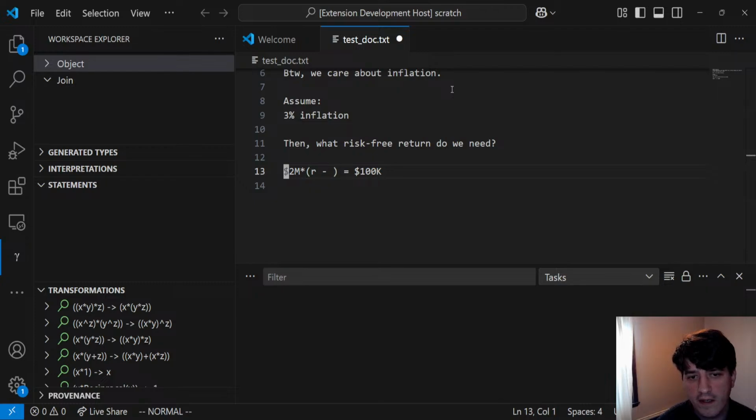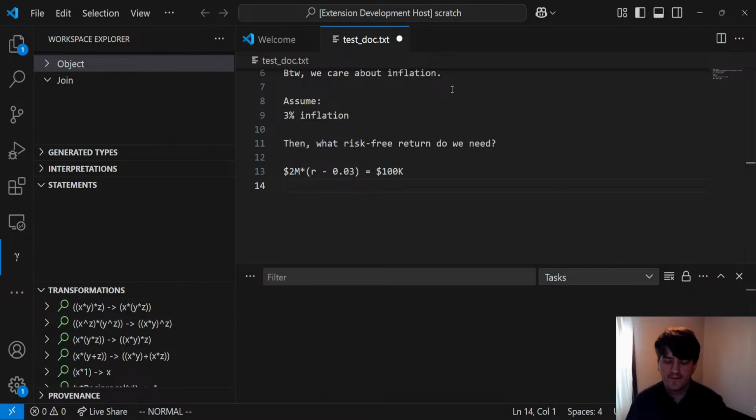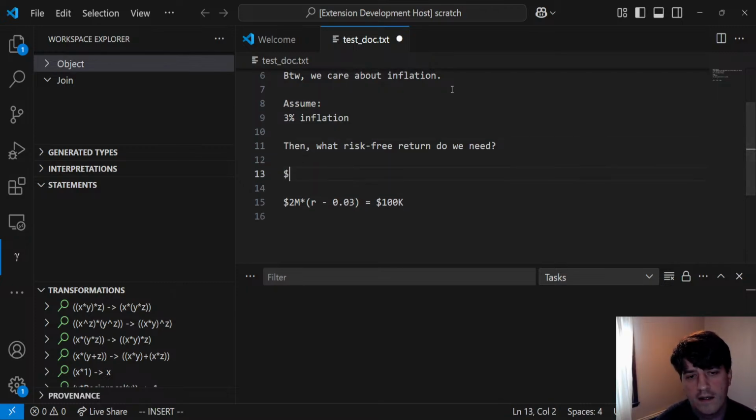So this is going to be 0.03. Right, so each year inflation is going to take away 3%. That's not actually quite right. Okay, so each year you would have